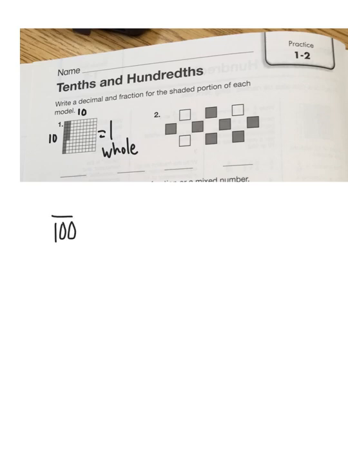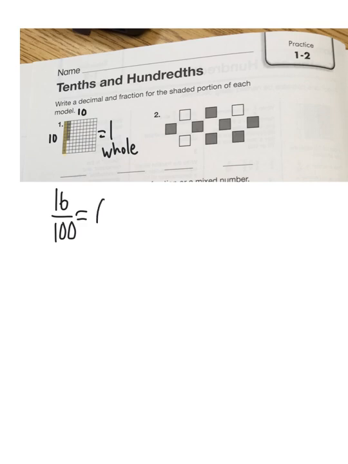So in fraction form, we're going to have some number that's been shaded out of 100 equal pieces. And all I have to do is just count, let me use my highlighter, count up what's been shaded. So I have a group of 10 here, and then 11, 12, 13, 14, 15, 16. So I've got 16 out of 100 equal pieces. Now, how are we going to write that